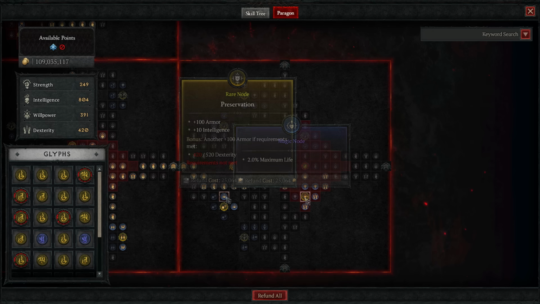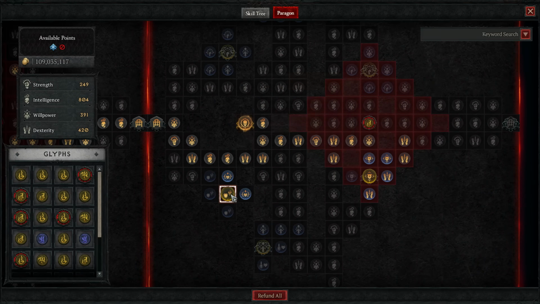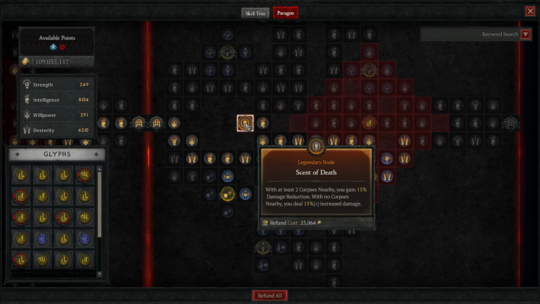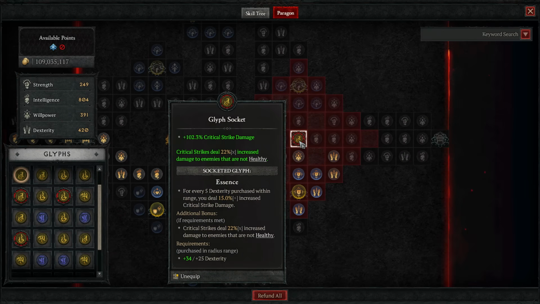more max life and some armor from the nodes around this. So we enter the board coming around to the right, picking the shadow resistance up and the max life is very important, and come up and pick up Scent of Death. This gives us our 15% damage reduction when 2 corpses are nearby, which is going to be most of the time. Moving to the right, we come to the glyph to activate it, where we have Essence, giving us lots